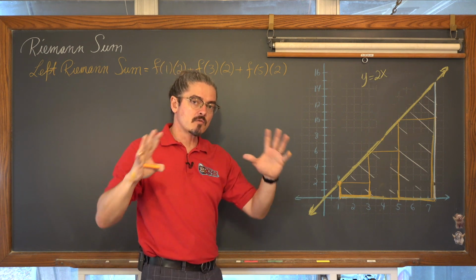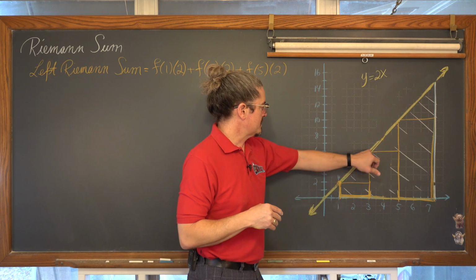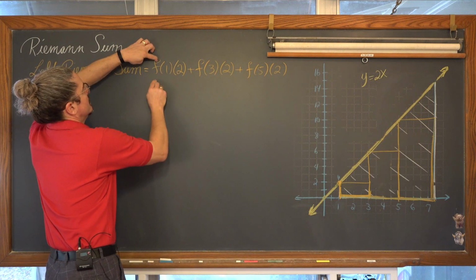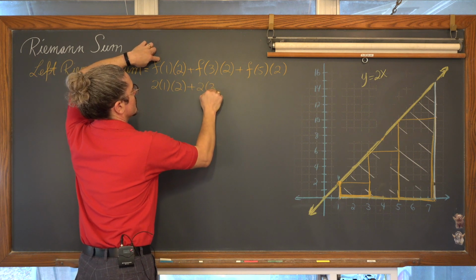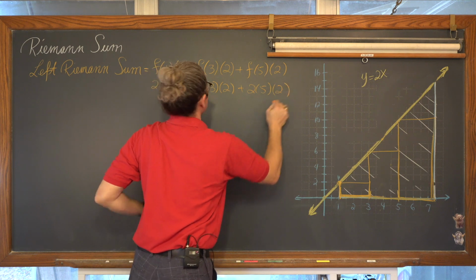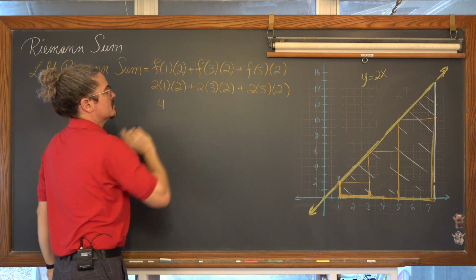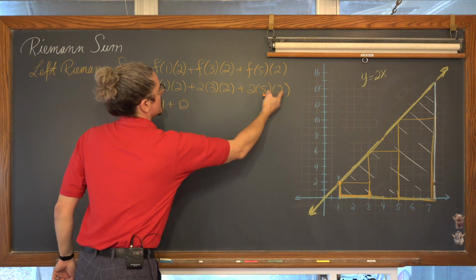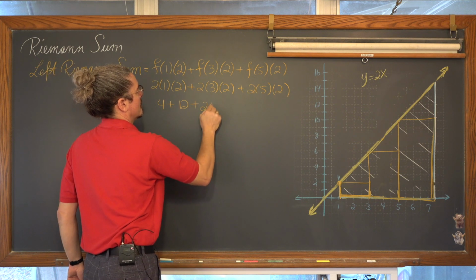This is just an overview, again, a big picture. We can see that these values are 2, 6, and 10, but just to work it out, we have 2 times 1 times 2, 2 times 3 times 2, and 2 times 5 times 2. That's 2 times 2, which is 4, 2 times 3, which is 6, times 2, which is 12, and 2 times 5 is 10, times 2 is 20.